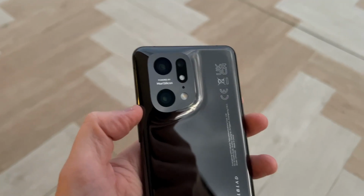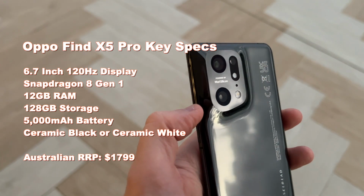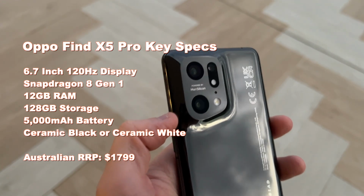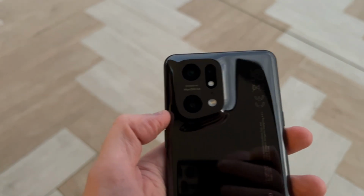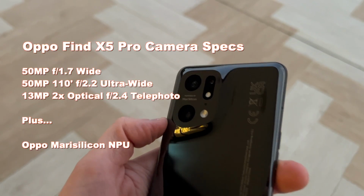So under the hood, it's a pretty familiar story, actually, in some ways. It runs on a Snapdragon 8 Gen 1 processor, it's got 12 gig of RAM and 128 gig of storage, it's 5G capable, because of course it is. But the real story here is the camera, and specifically what Oppo's new Mariana Silicon NPU can do for photo